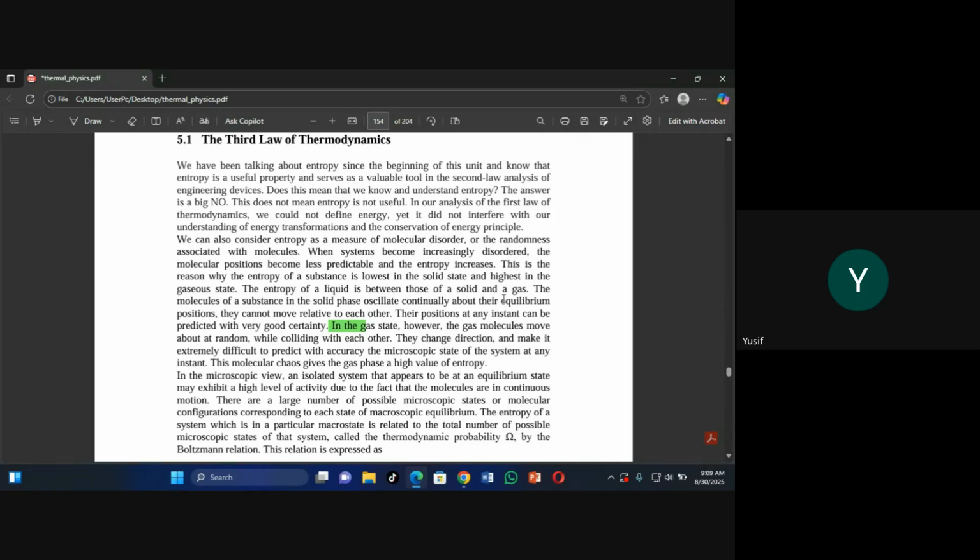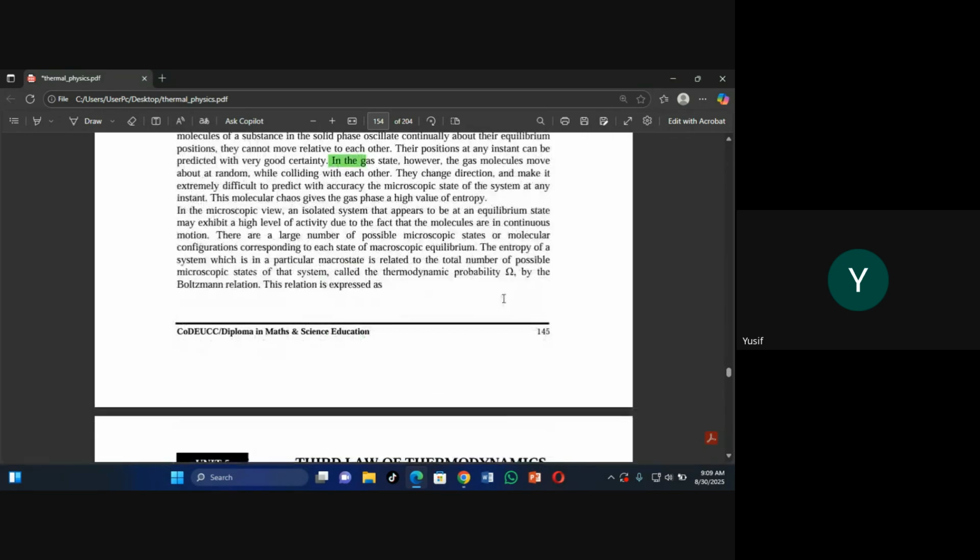The entropy of a system which is in a particular macro state is related to the total number of possible microscopic states of that system, called the thermodynamic probability. That's omega, by the Boltzmann relation. This relation is expressed as